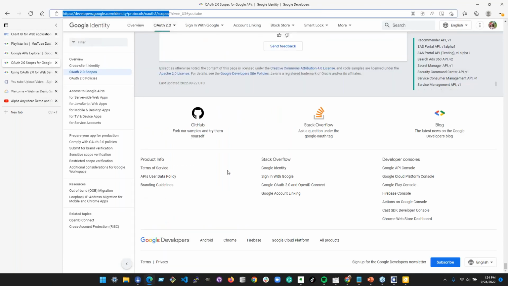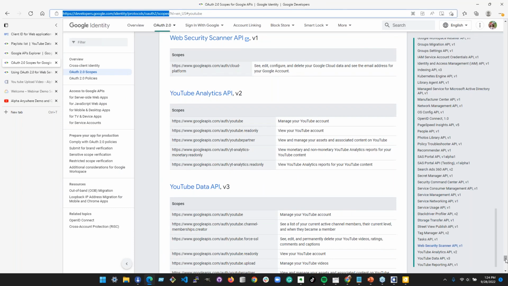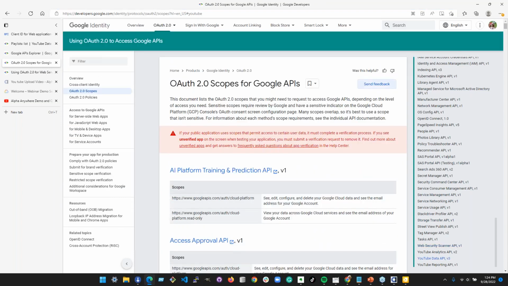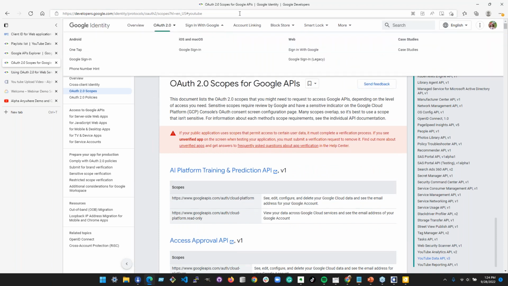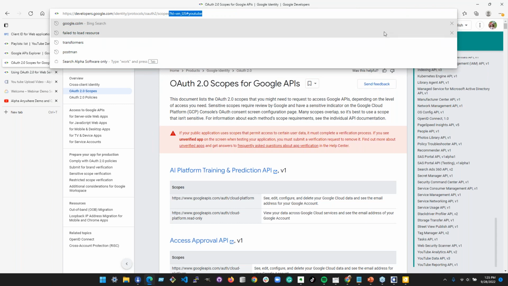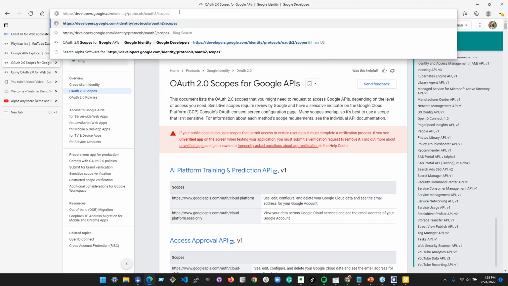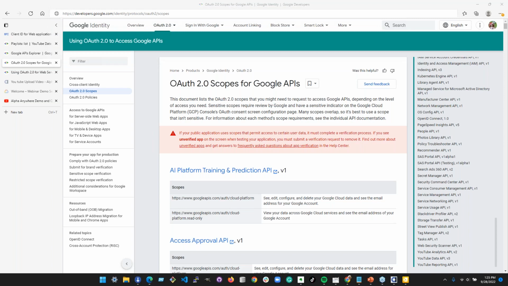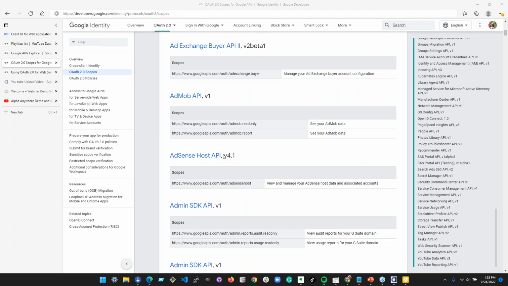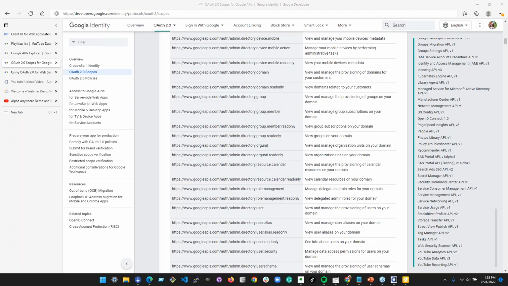And all of those scopes can be found in the documentation for each individual API, if you can find it. There's kind of two or three variations on the API documentation on Google. But the other place you can go, which is very easy to find, and I'm going to put this in the chat window, is just the scopes page. In here, it lists all their APIs and all the scopes that might be required. And these scopes are just URLs.